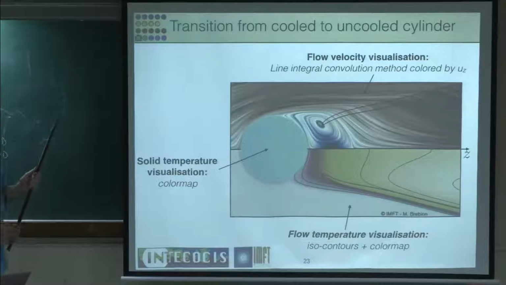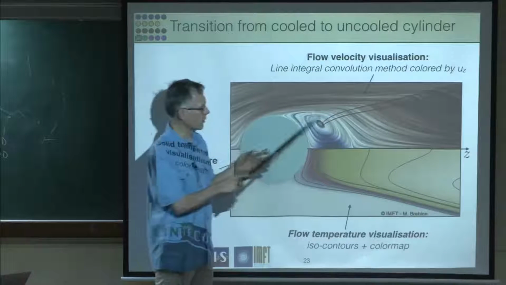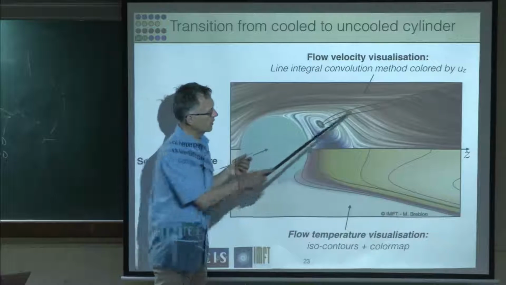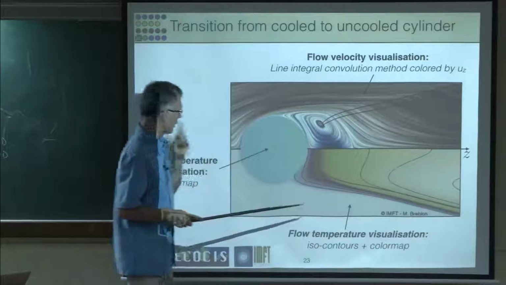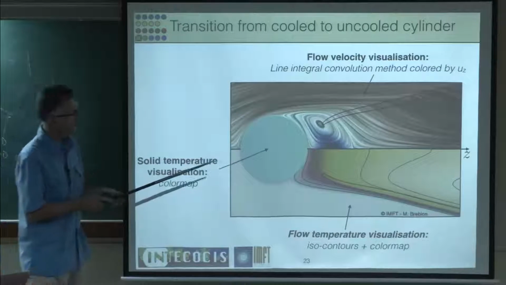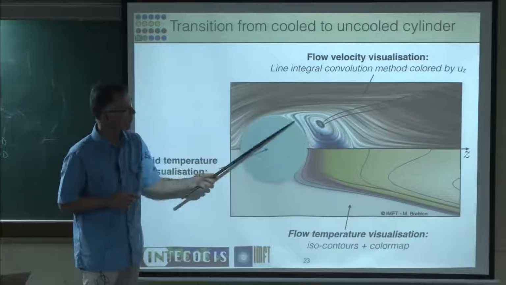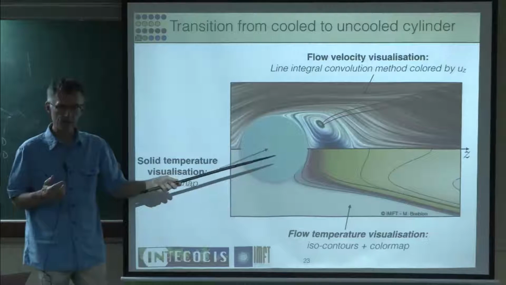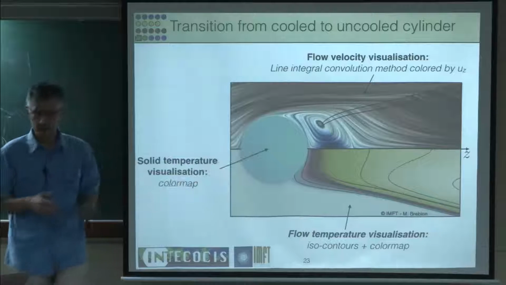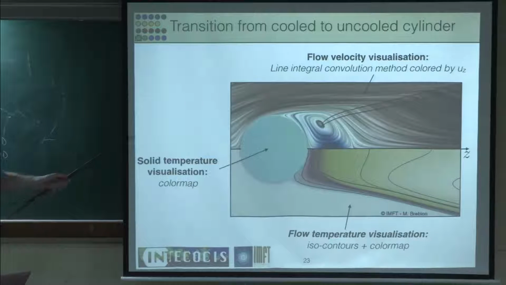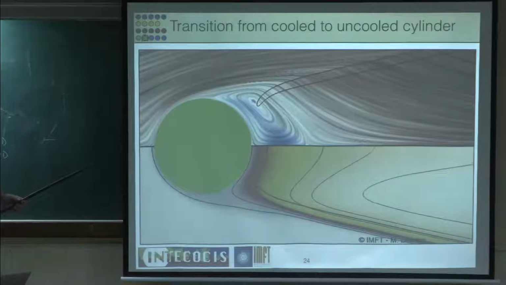Now, that's a cute movie, as you will see. We have plotted here the streamlines. Here is the flame position, and here is the temperature. And we're going to go from an uncooled situation to, well, actually it's the other way, from cooled to uncooled. So this is what you have for the cooled case. And so we run the simulation by slowly going from the cooled case to the uncooled case. So this is the cooled case. And now, as you can see, we stopped cooling.